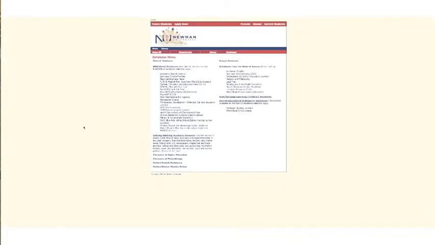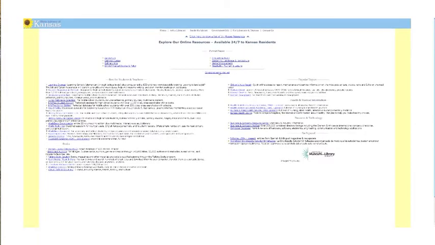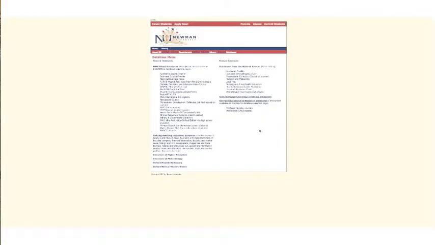You also have access to these very special databases, the Chronicle of Higher Education and the Chronicle of Philanthropy. These are the journals that I use every day in my job. They have to do with what's going on in education and what's going on in fundraising. The Oxford Biblical Studies Online is a very powerful database that we subscribe to for our theology students. And then the state of Kansas subscribes to a variety of databases that all schools in Kansas, K through 12 or higher ed, have access to through their libraries.